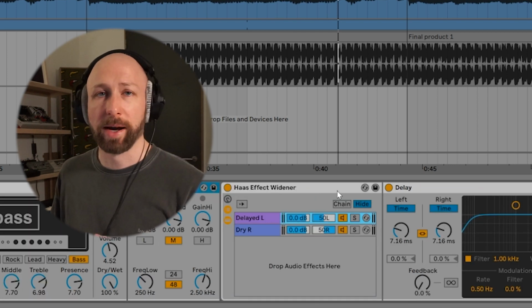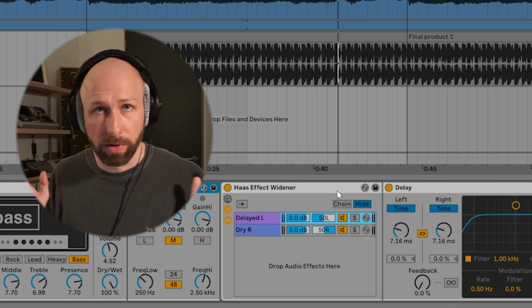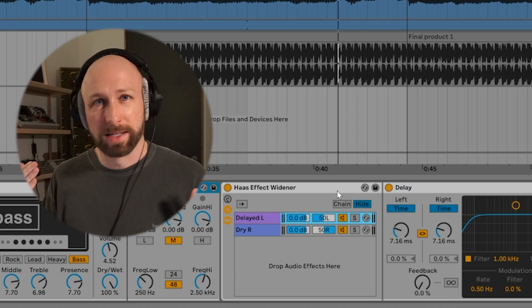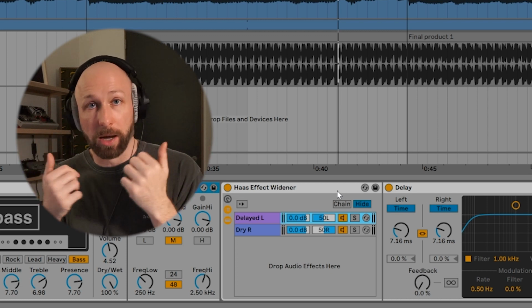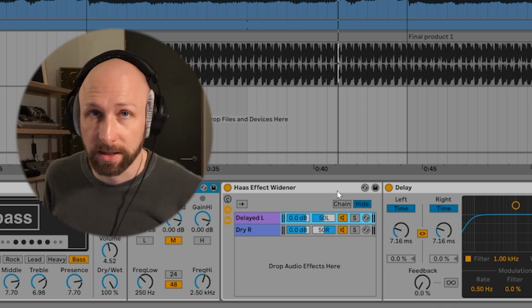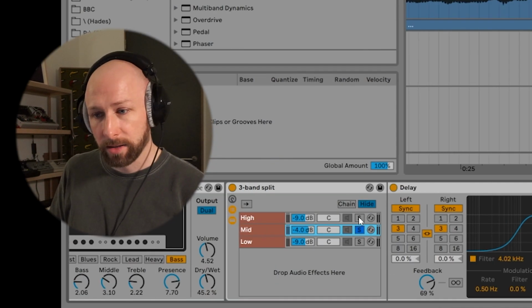The Haas effect widener just takes 2 identical copies of a mono sound and puts a delay on one of them slightly, just for a few milliseconds, which tells your ears that it's coming from the sides. This is a great way of widening a sound to place it very much on the sides of the stereo spectrum. And the high end,